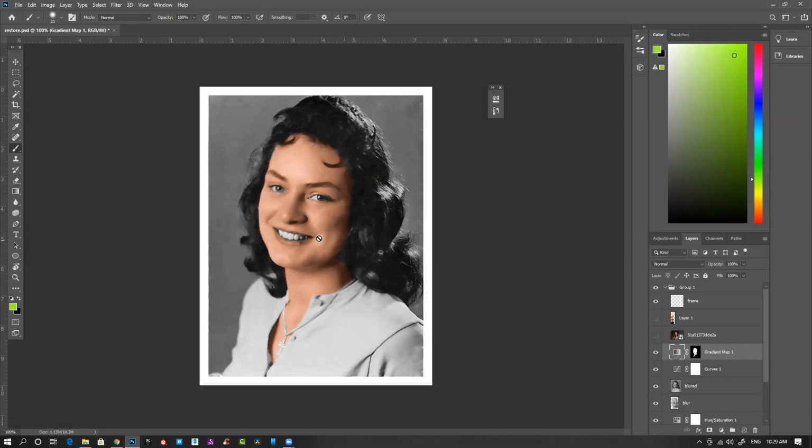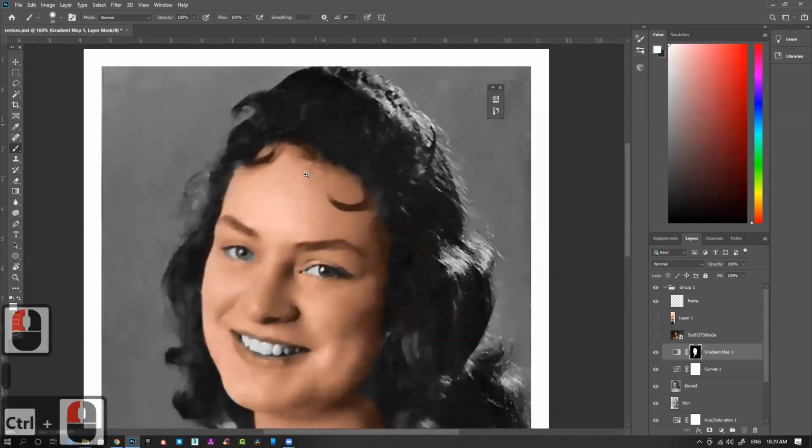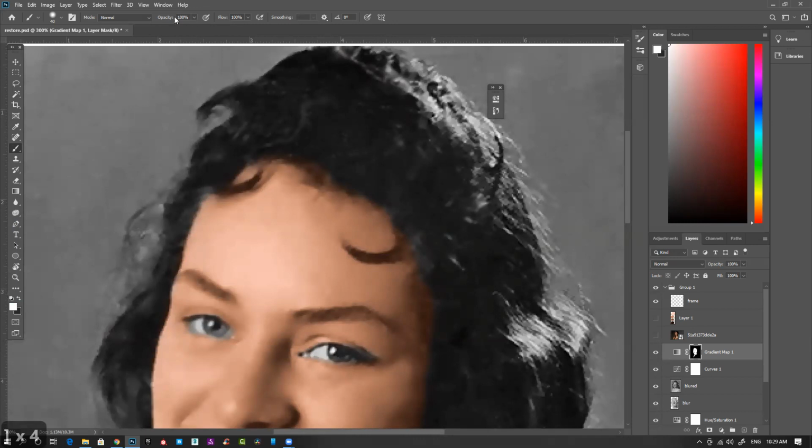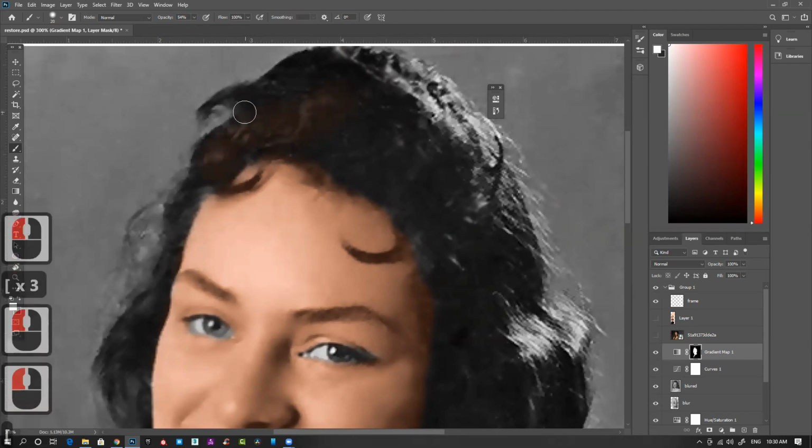Now, usually people with this face skin have brownish hair, so this hair looks quite dark. What I'll do is reduce the opacity of my brush. Click on opacity and drag back with the left mouse button to 30, 40, or maybe 50%. 50% opacity means gray.